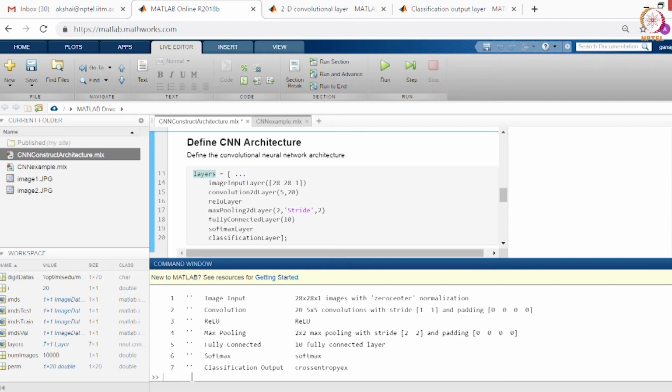So, I can just list this, the architecture, your CNN architecture. You have an input layer, convolution followed by ReLU. The ReLU is actually treated as a layer. Typically you treat them as one, but in most programming environments this is treated as separate layers. Then we have max pooling, fully connected layer, softmax, classification output. So, this outputs the